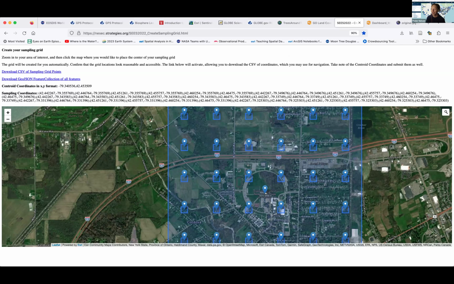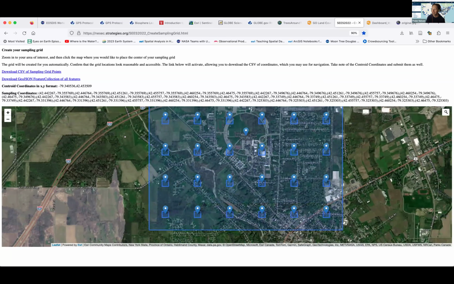And one of the things that we'll be able to talk about is some of the variety of land cover types that are occurring within this particular community. And already I can see some interesting variation as we look across some of these different sample locations.